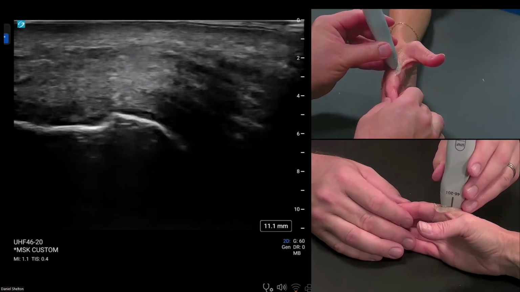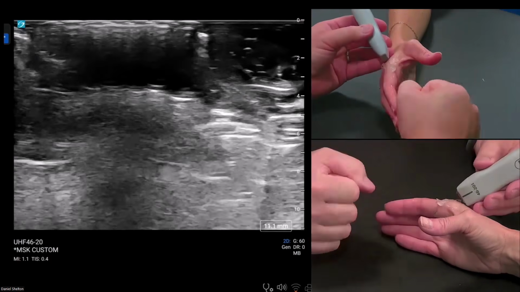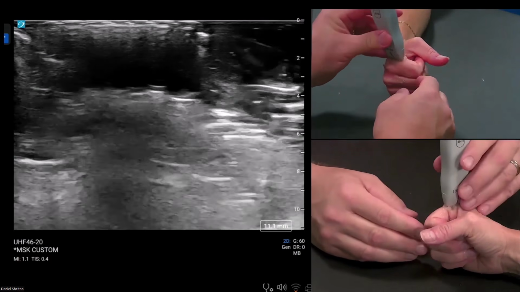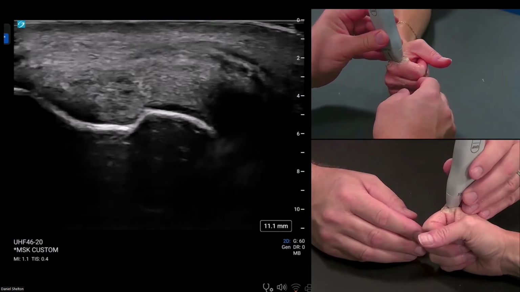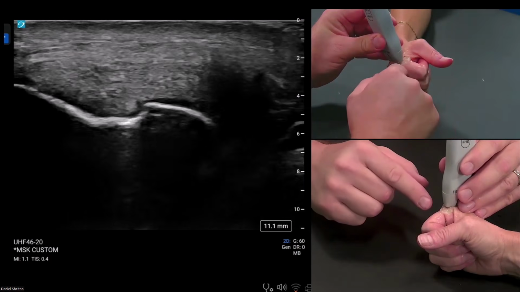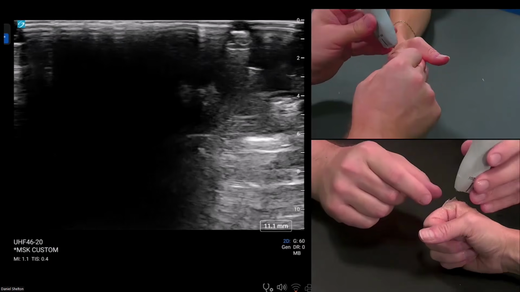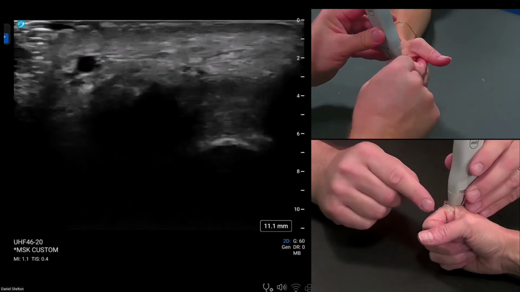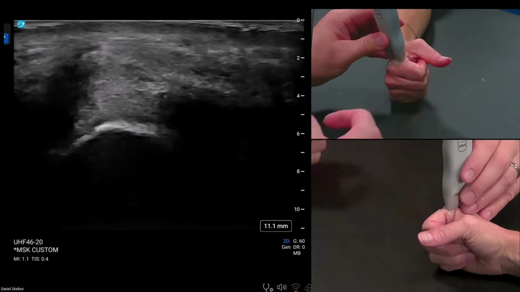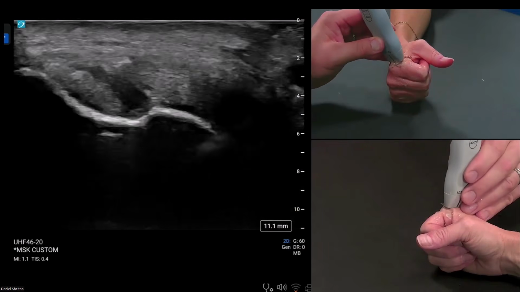Now, to tighten these ligaments up, both sets really, making a fist actually helps. So let's curl the fingers and make a fist. And the reason that tightens it up is because the distal metacarpal head is shaped like a cam. So it's not perfectly round. The bottom or palmar side is longer than the front side. And so when we do that, this proximal phalanx wraps itself around the longer side of that distal metacarpal head, tightening these ligaments. So it is a way to put some stress on the footprint.